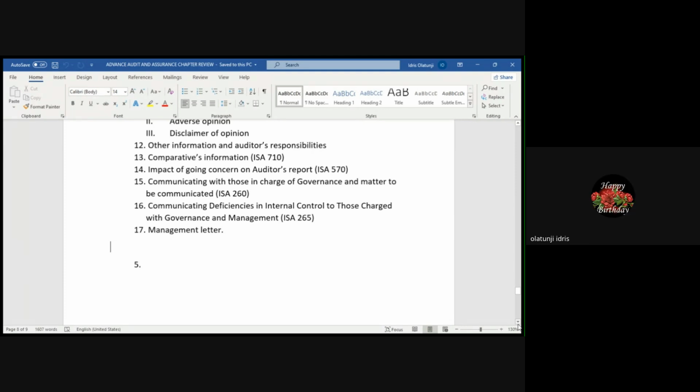Now, the last one is standard gap. Now, this is the perception that the auditing standard is more prescriptive than what it actually is. That is, there is belief that auditing standard, rules and other relevant regulation used by auditor is more prescriptive than what it actually is. So what they are telling us there,